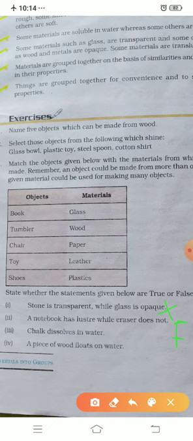नोटबुक भी शाइन नहीं करती है और इरेजर भी शाइन नहीं करता है. Chalk dissolves in water. Again false. A piece of wood floats on water. Well children, what do you think? Will wood float on water? Yes or no? No. अच्छा ये तो बताओ बोट किस में से बनती है? Boat, steamer, made up of wood. So naturally, definitely, the piece of wood will float on water.